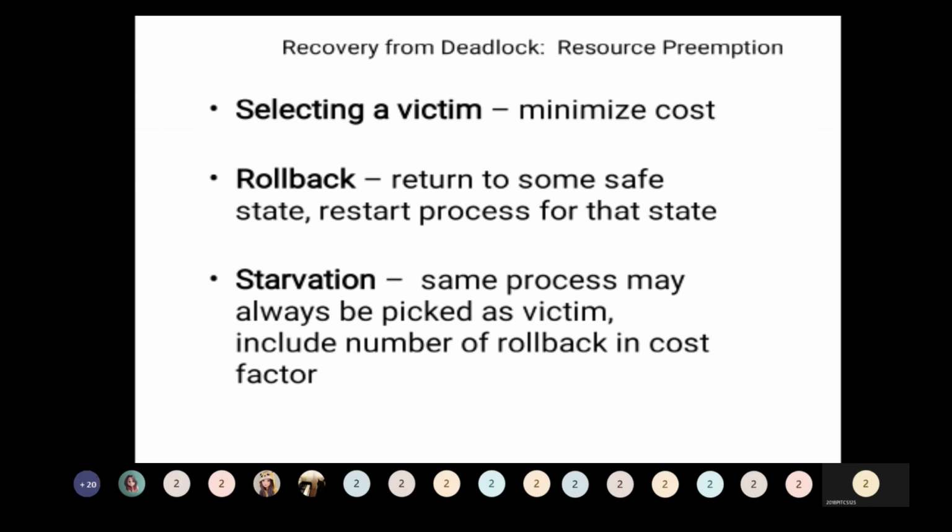If you terminate a process in between, whatever resources are already given, whatever time spent should be minimal for that process, so that you choose that process in such a way that you are not going to take more cost for that process. Rollback: the rollback should be minimum if you abort a process. Starvation: if you select a process as victim many times, then there will be starvation of that particular